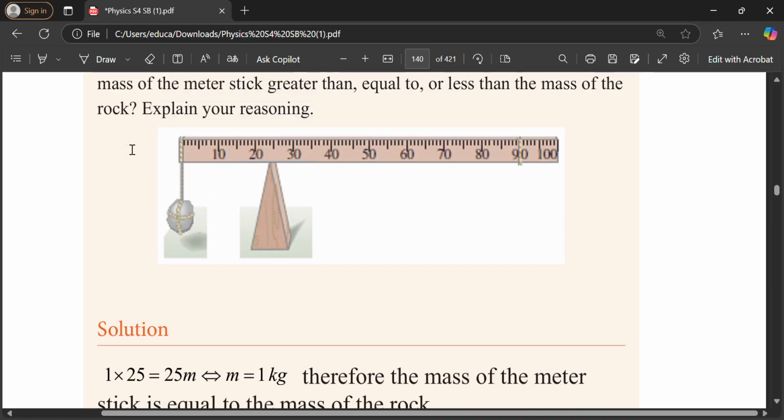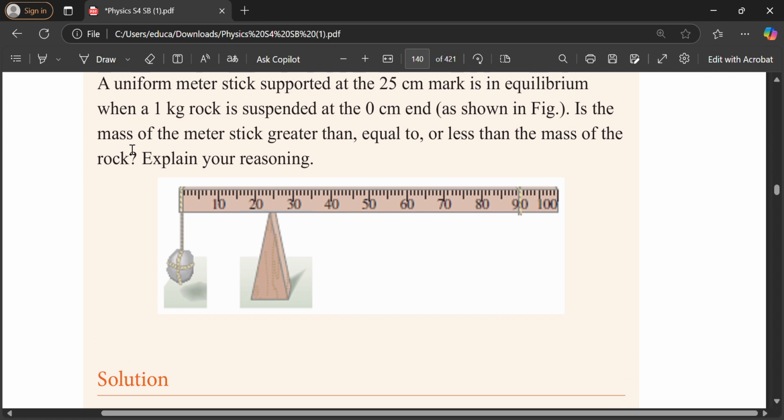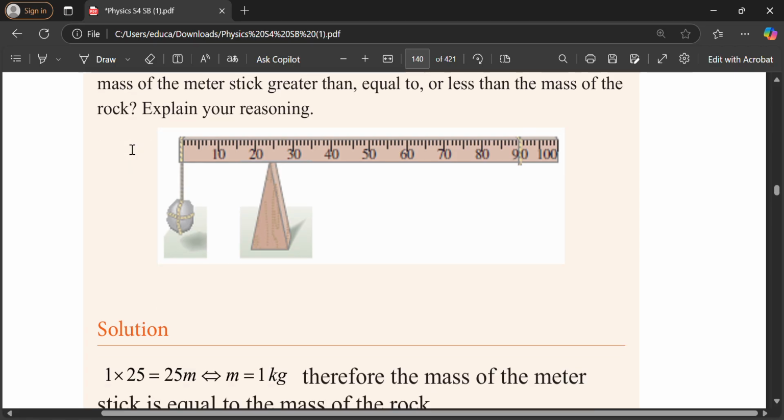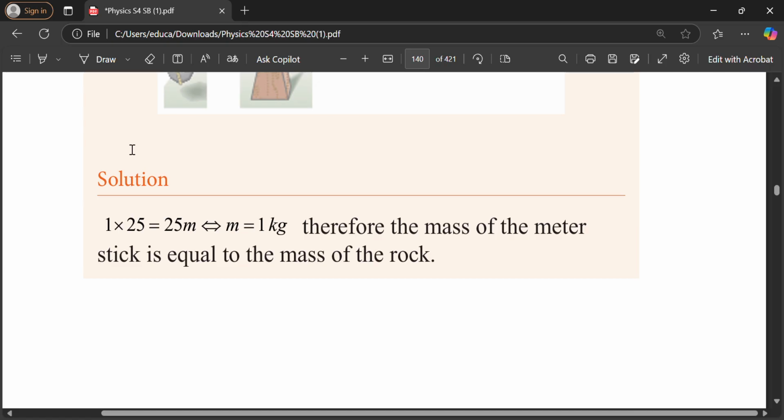Novango twashyize uniform meter stick, dushyira kuri point, tuyishyira kuri point ya 25 cm. Hanyuma kuri side yo hirya dushyiraho ibuye ripima ikiro kimwe kuri mark ya 0 cm. Then bari kutubaza niba meter stick ifite mass nini cyangwa inganya cyangwa iri munsi ya mass ya rock. Hanyuma tugasobanura. Tugiye gukora first of all tugiye gukora